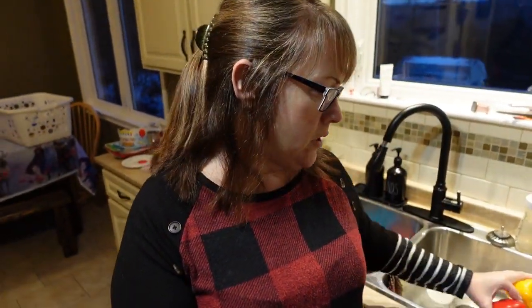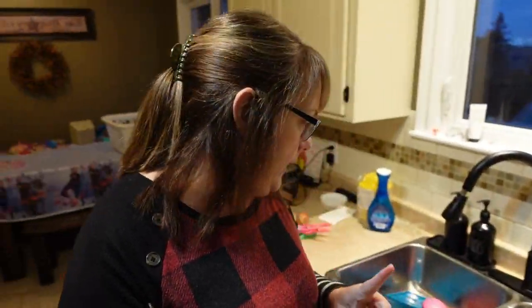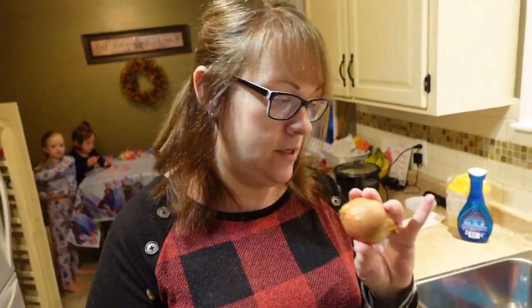I only have 2 peppers. I wish I had more, but I don't. That's all I was able to get at the store. And I took an onion out. I have an onion, so we're going to chop up our peppers and our onions and fry them in with